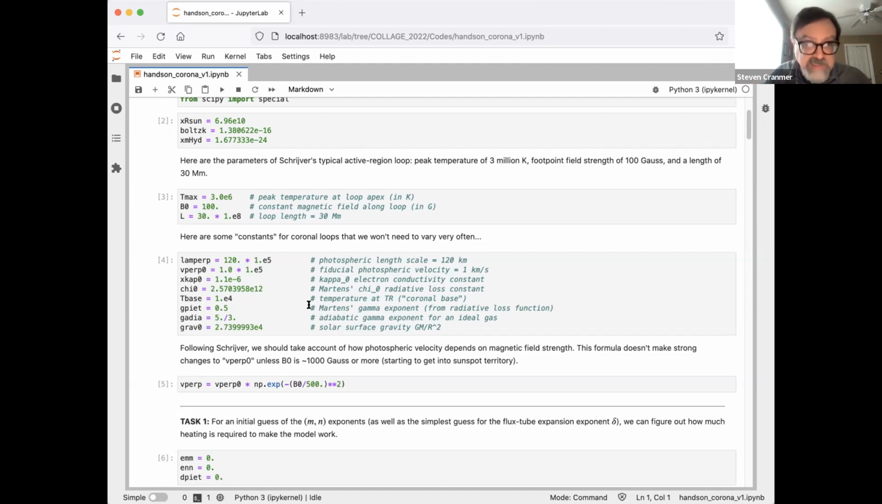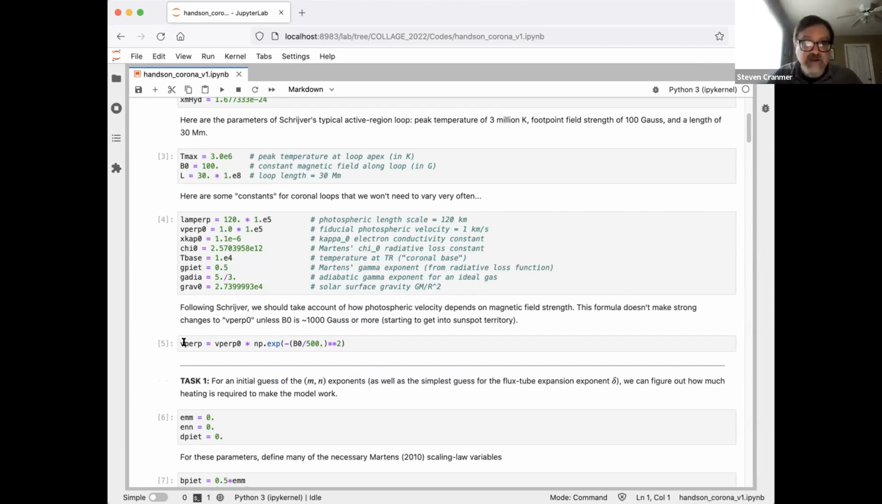Like G, Pete is going to be his gamma exponent of the slope of the radiative loss function. There's also the other gamma, the adiabatic exponent for an ideal gas that's 5/3 that I call G adiabatic. We'll use the solar surface gravity in a bit. The only other thing I said here was that